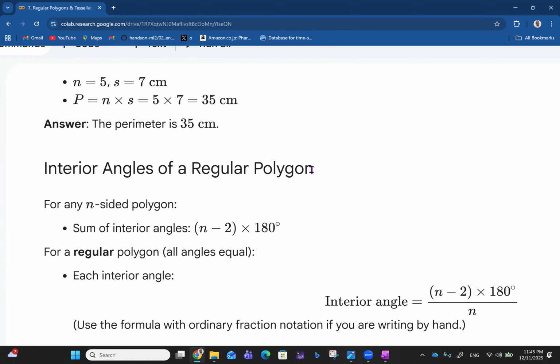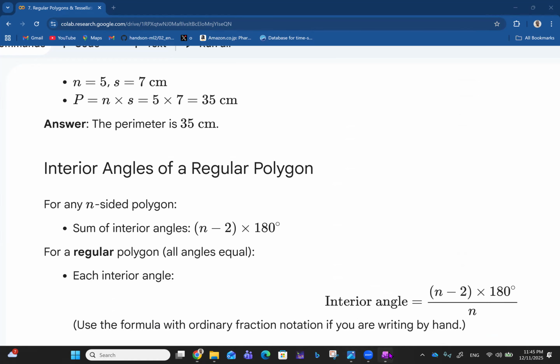So, interior angles of a regular polygon. Now, for any n-sided polygon, the sum of interior angles is (n minus 2) times 180 degrees. So for a regular polygon, where all angles are equal, you can say that each interior angle is actually